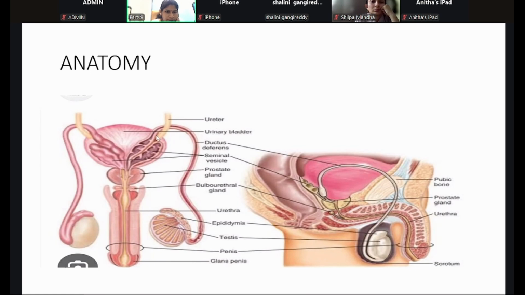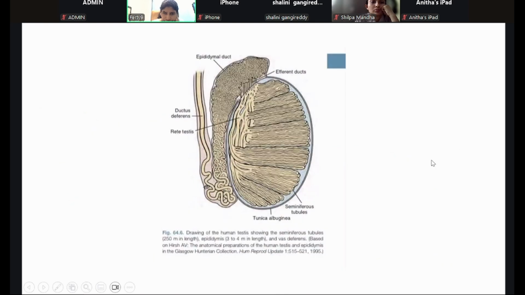At the posterior part of the bladder, this ductus deferens in fusion with the seminiferous tubule opening, that is duct, forms the ejaculatory duct which opens into the prostate, and then from there the sperms will be entering the urethra, sorry. The same thing, the seminiferous tubules will end up in rete testis, that will end up in efferent ducts, that will end up in epididymis, that will open up into the ductus deferens.